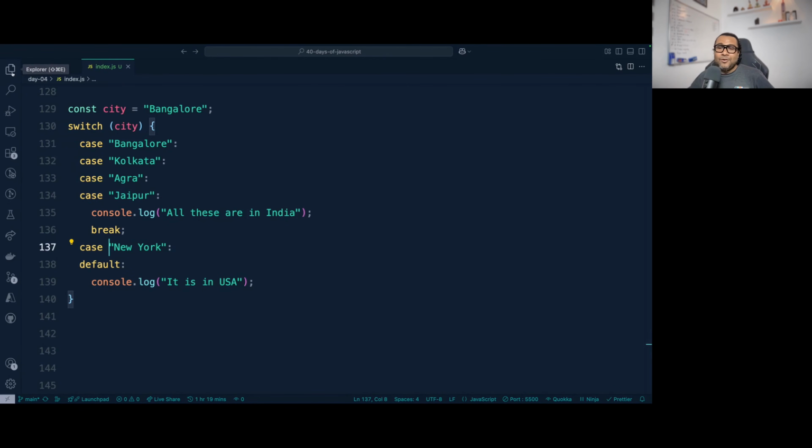So that's it for this particular lesson, this particular session. It was a short one. The thing that I have not covered here is something called continue, because that will make sense to cover with the loop, because that's when I can cover break and continue both in much greater detail. But this is about the control flow. This is about if, else, switch, break, and we came to know about break also. About continue, we will learn along with the loops. In the next session, we'll get into looping.